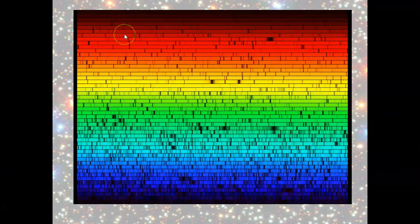So here is a spectrum of a star. I'll give you 2 seconds to guess which star this spectrum represents. This is the spectrum of our Sun. This shows lots of dark spectral lines. As we mentioned in a previous unit, these are due to various absorption